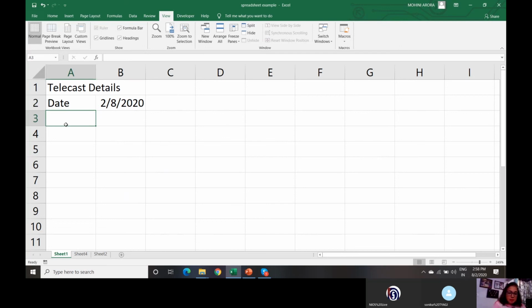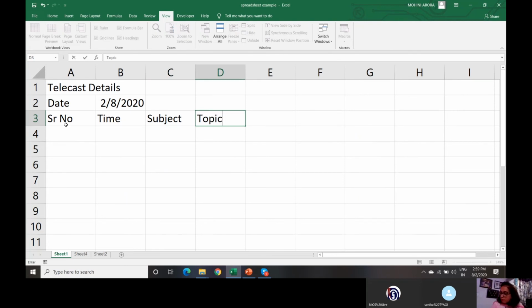And I have, say suppose, the column heading as serial number, time, then I have, say, subject, topic, name of the expert, right?